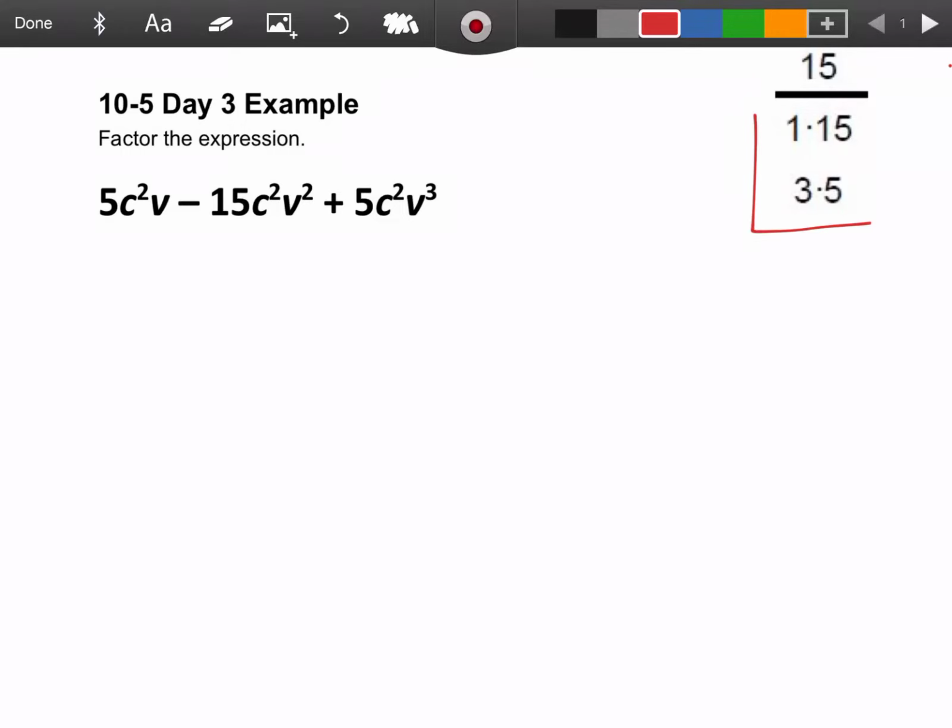So hopefully you can see the factors of 15 over here that are going to help us with this problem. So we have 3 terms here, and hopefully you can see that there is a c squared in all of those terms. But the amount of v's, in the first term there's only 1 v, in the second term there's 2 v's, in the third term there's 3 v's. So I'm going to keep the c squareds together, but I'm going to separate the v's, and then obviously separate